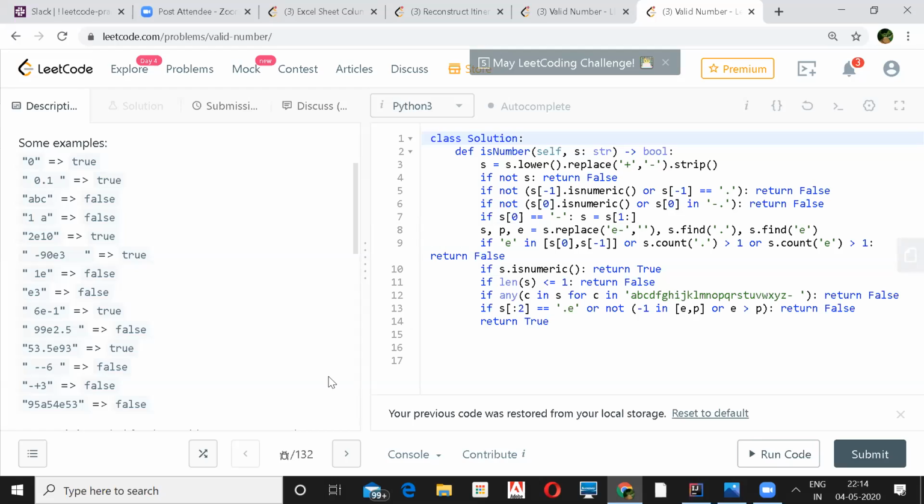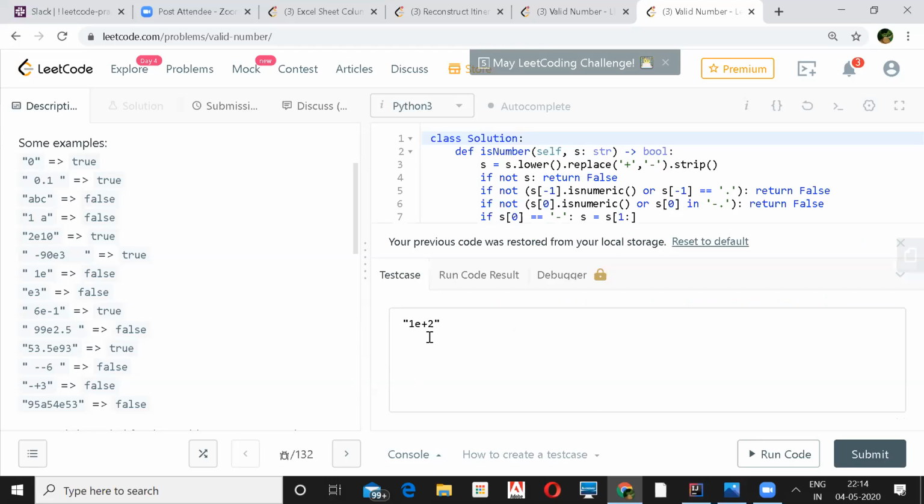Looks like there can only be one dot in this string. If there are more than one dot, it's invalid, so a double dot shouldn't be valid. In the entire string there can only be one dot, right? Anything after E, a float is not allowed. Even before E there can only be one dot. In general you'll have only one dot in the number, so if you have more than one dot in a string, you can return false right in the beginning itself.